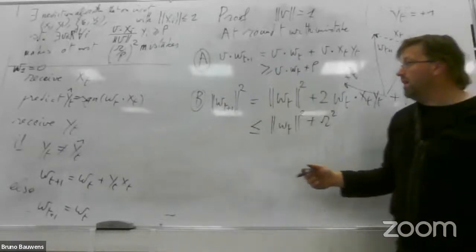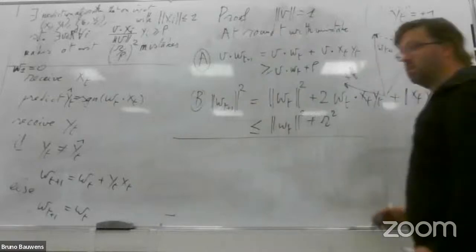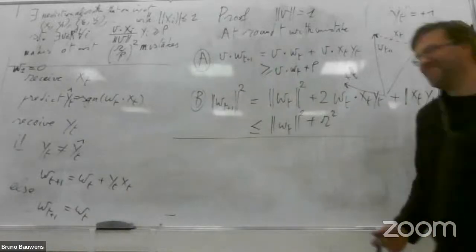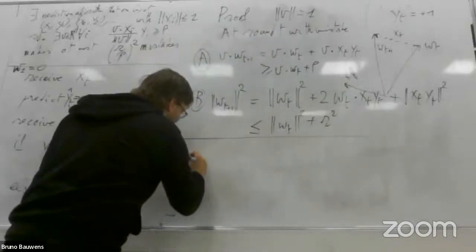And now we can combine these things. We will say that the projection on the unit vector is smaller than the norm. This is Cauchy-Schwarz. So we have